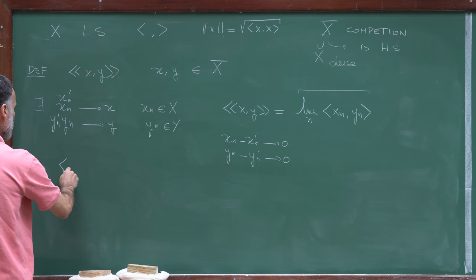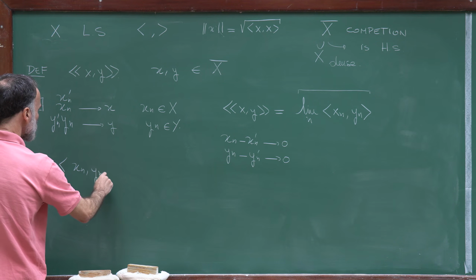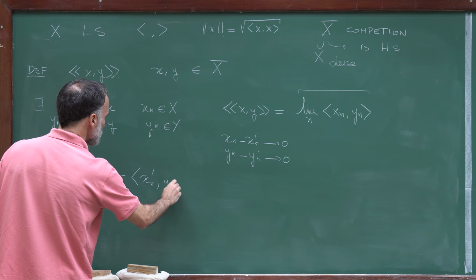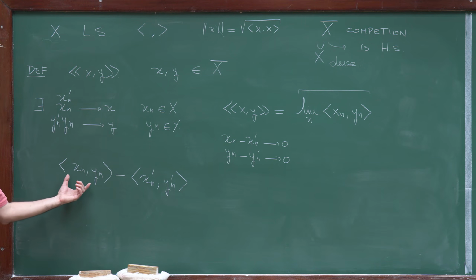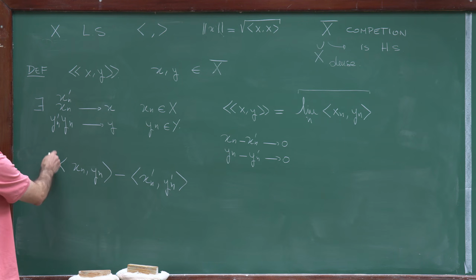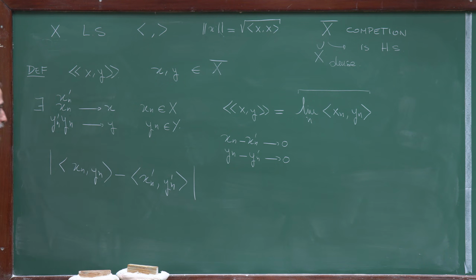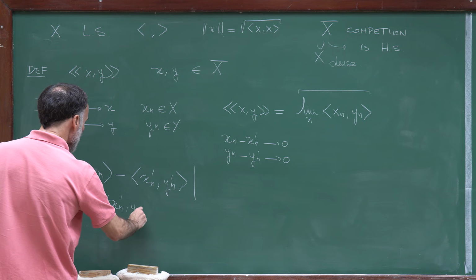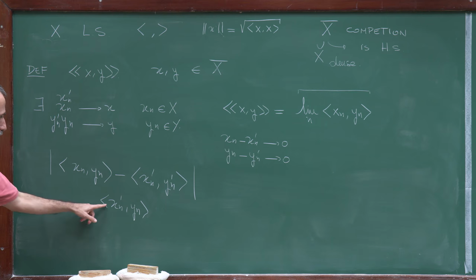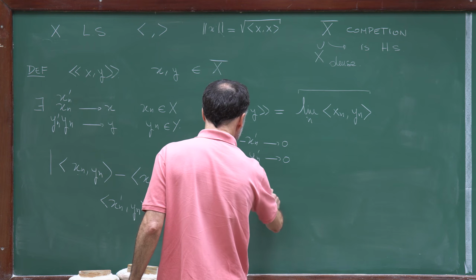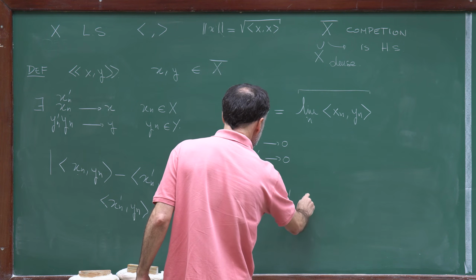And we want to see that these limits are the same. So we want to compare the limit of the sequence (xn, yn) with (xn prime, yn prime). We know that these two sequences converge. We want to show that the limit is the same, so we have to compare this difference. And we will proceed exactly as we did before. So we will introduce the terms (xn prime, yn). First compare this difference. So this difference is bounded by (xn minus xn prime, yn).